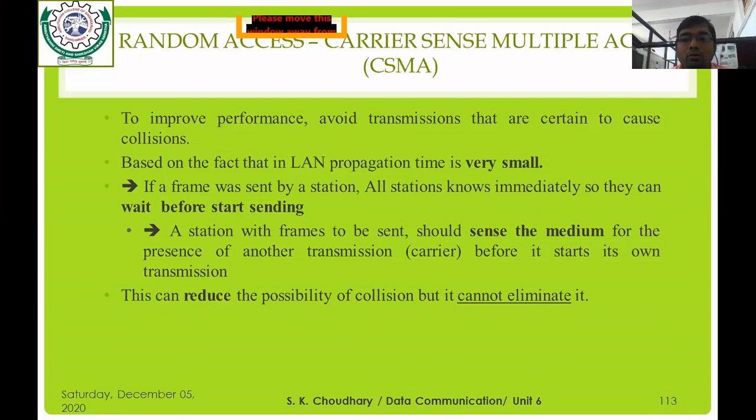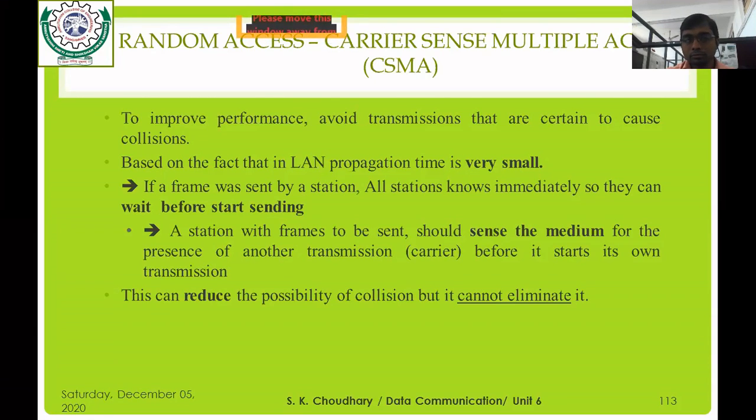Now, to overcome this problem, we have to go for another random access technique, called CSMA, carrier sense multiple access. Okay, so carrier sense multiple access is used to improve performance and avoid transmissions that are certain to cause collisions, based on the fact that in a LAN the propagation time is very small,